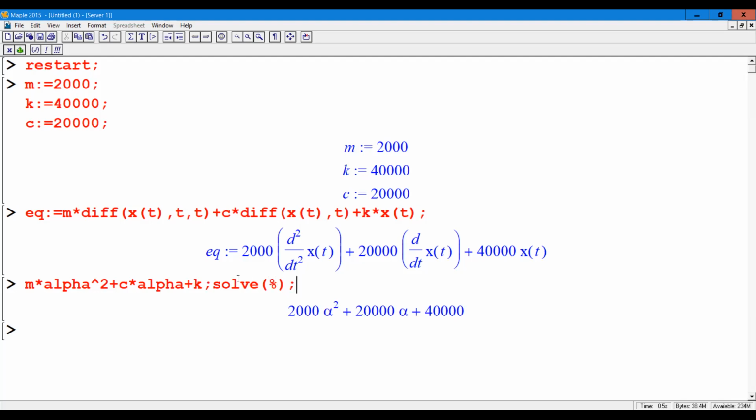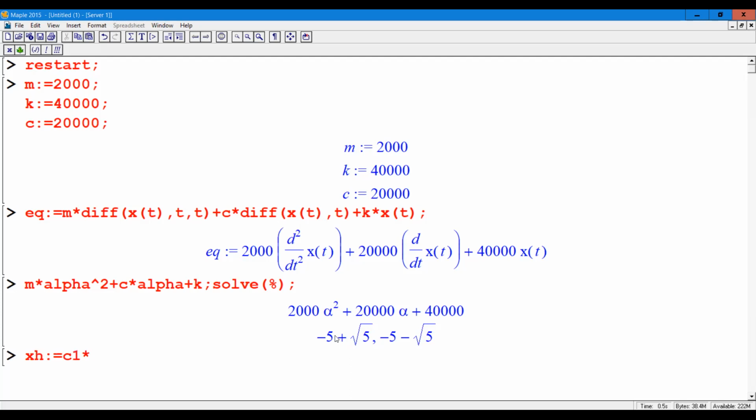As I mentioned previously, you can solve this equation manually. I mean, you can easily use the delta method, solve this equation, and obtain the roots. So here you can see we have two roots. As you can see, the roots are two real and distinct numbers. Because the system is an overdamped system, the homogeneous response is equal to